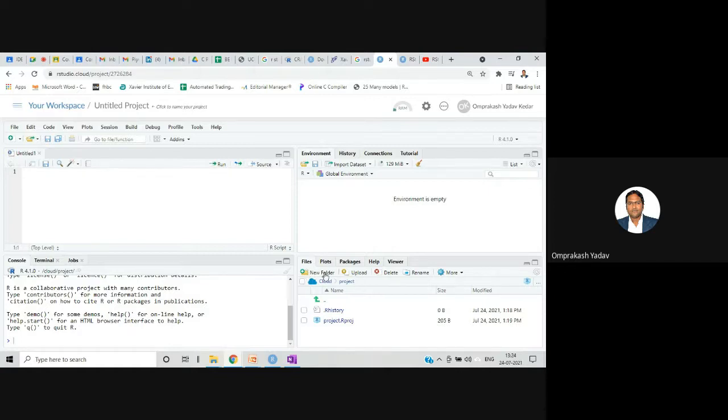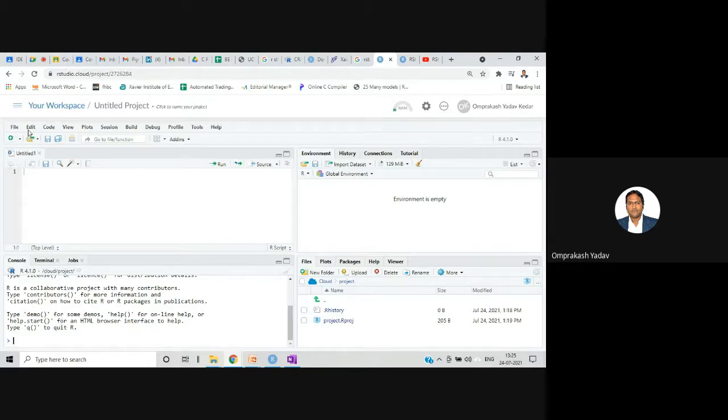Here you can see your folder. From here you can set the working directory. We can access your current folder, and whatever content you will be working with, you can put in one particular folder and then access it. So how to set the current working directory and how to access that, I will explain. And then over here, if you see, this is our last window. This is also called the command window. So here also we can write certain things and execute from the command. So this is a script window, this is an environment window, this is the files and plot window, and this is your console window or terminal, also called the command window, right?